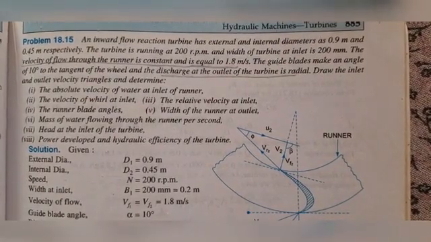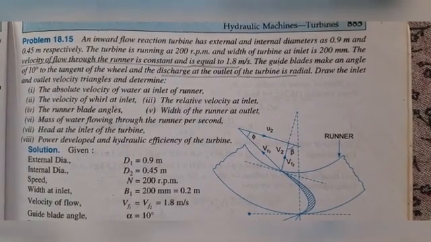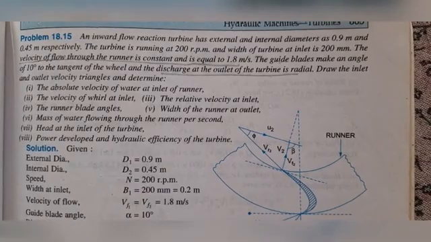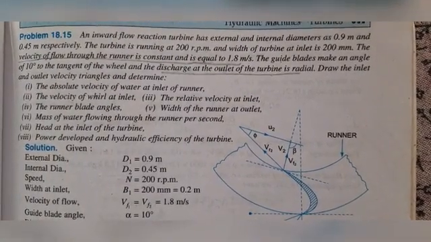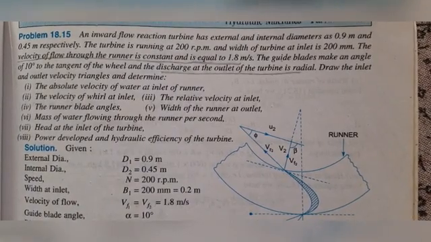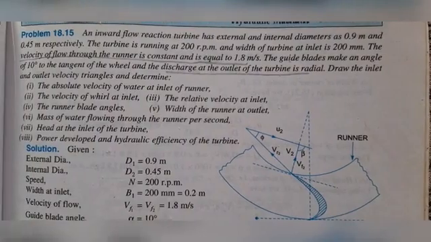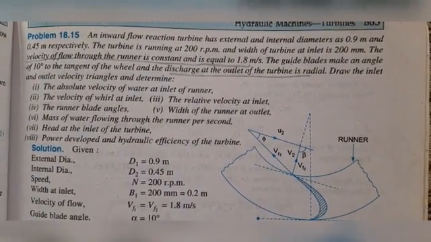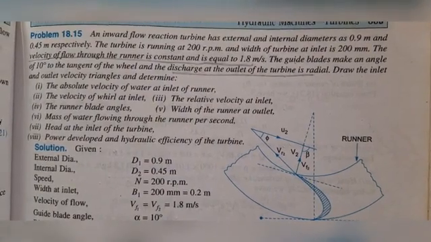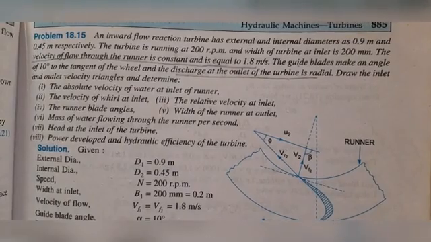The velocity of flow through the runner is constant and is equal to 1.8 meter per second. The guide blade makes an angle of 10 degree to the tangent of wheel and the discharge at outlet of turbine is radial. Draw the inlet and outlet velocity triangle and determine